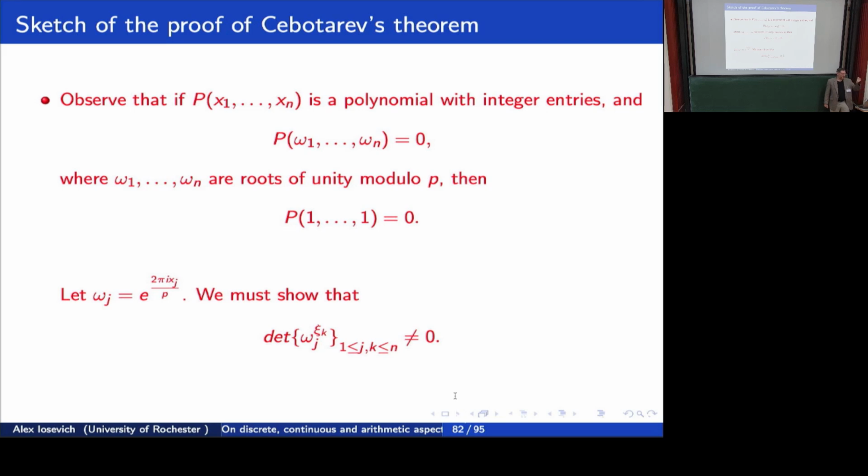Imagine that n is equal to 1, and p of omega is 0, and omega is a root of unity. Then p must be a multiple of the minimal polynomial of the primitive root of unity, which is just 1 plus x plus up to x to the p minus 1, and you're done. And how do you do this for n variables? You guessed it, by induction, in one line. And so how did Terry use this? By the way, there are many proofs of Chebotarev's theorem, and they're all really wonderful in their own way. But Terry's proof uses the least algebra.